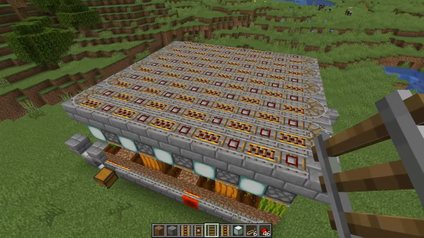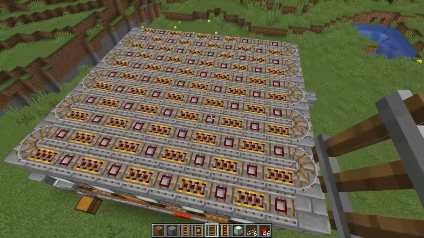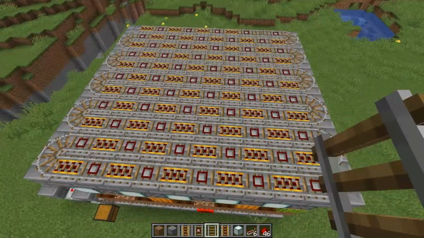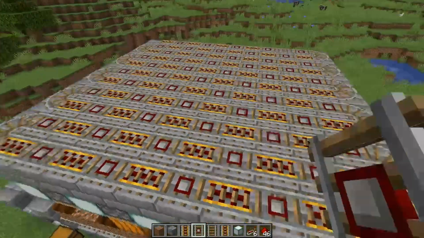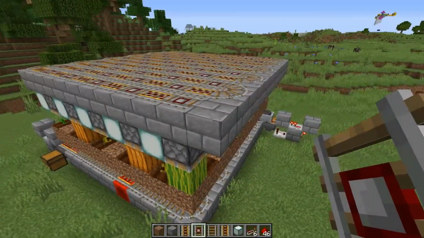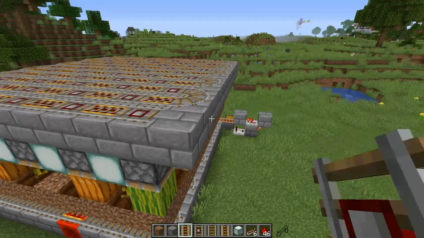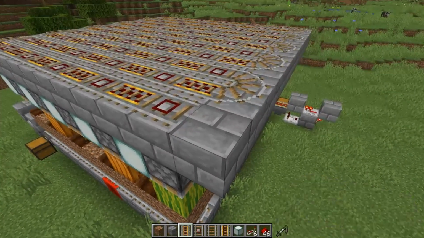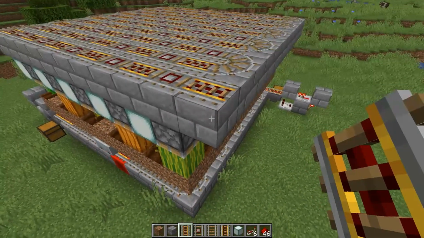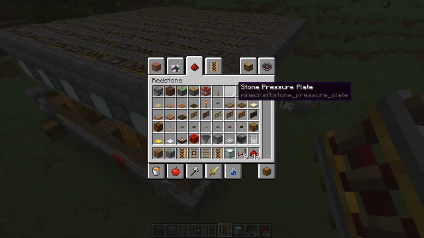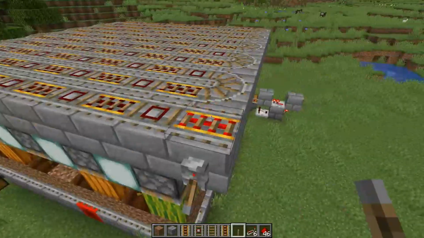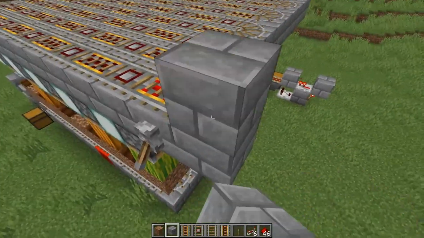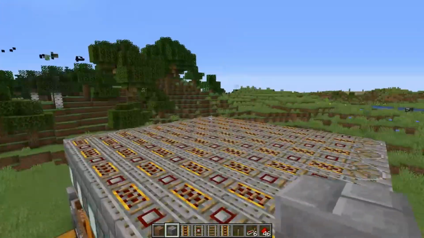Alright, so we've got our rails in now, so we should have something that looks similar to this on the top with the checkered pattern of the powered rails and detector rails. So we just really want to cap this off now. So to do that, we want to actually have a powered rail there and actually power it. So let's just grab a lever for now, and then we want to power that rail there, and then we just want to add a block next to it like so to cap it off, and then the same in